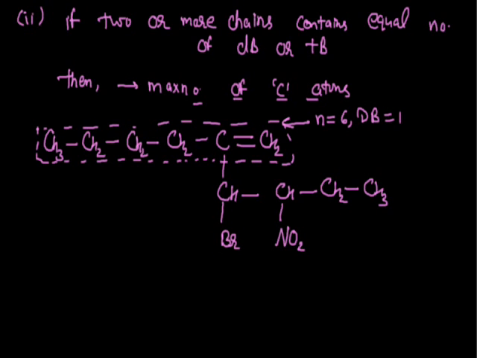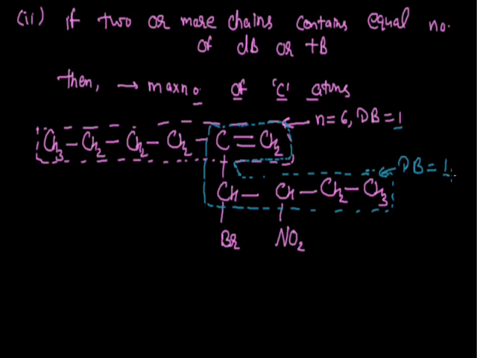On the other hand, if we try the next possibility, and start selecting the chain from the downward direction, this will be the condition. Since we have to include the double bond in the parent chain, we will move in the rightward direction, and this will be the chain if we start from the downward direction. If we count the number of double bonds for this chain, it again contains one double bond.